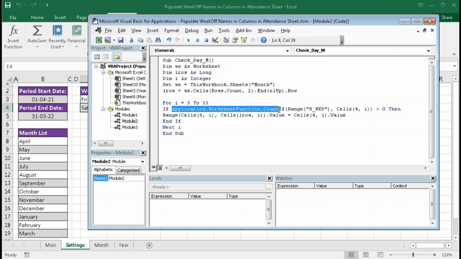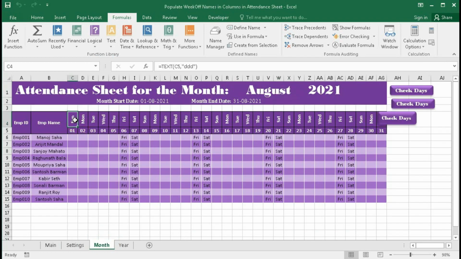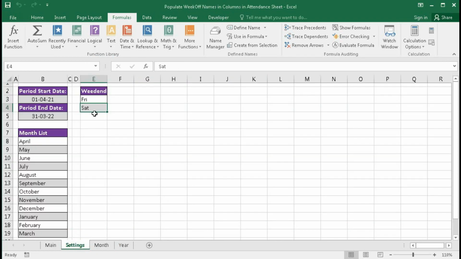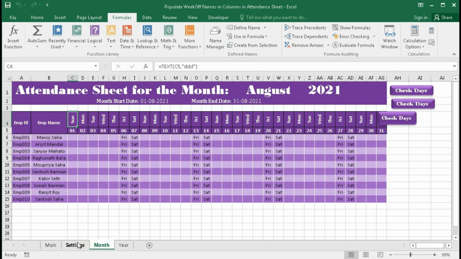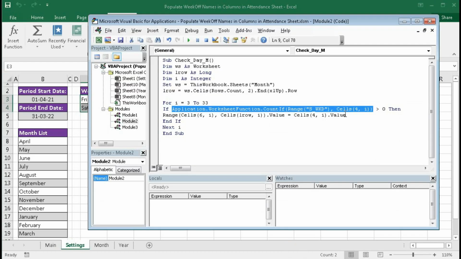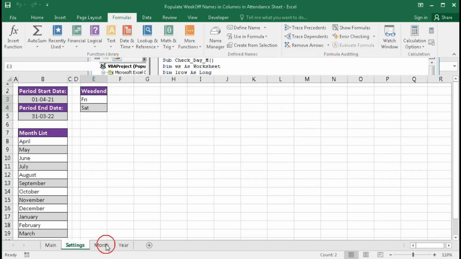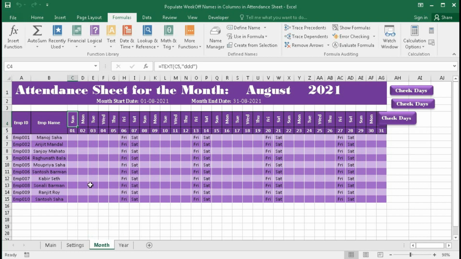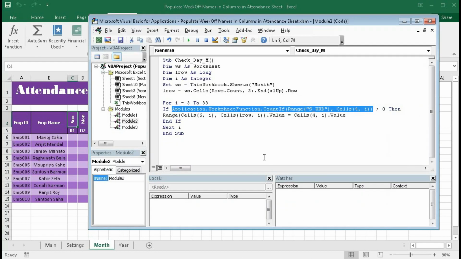Now this is a formula that will count whether this column contains any value of this. If this value matches with this value, then the formula will return 1, otherwise 0. So if this formula returns a value greater than 0, then we have to populate the week off names here, otherwise we have to clear it.